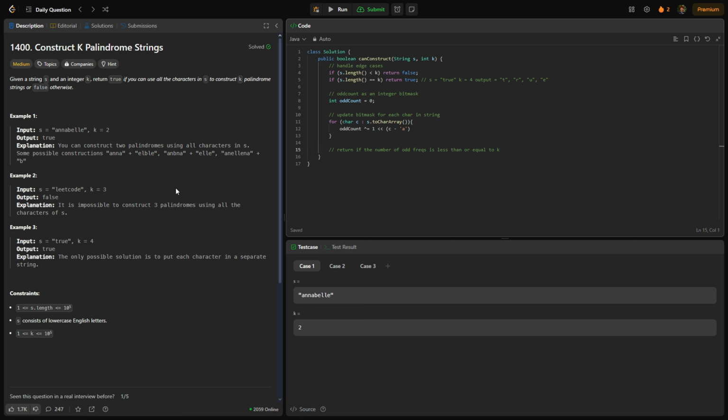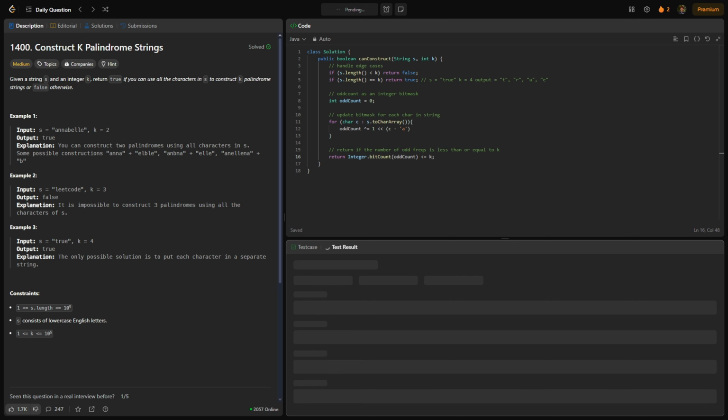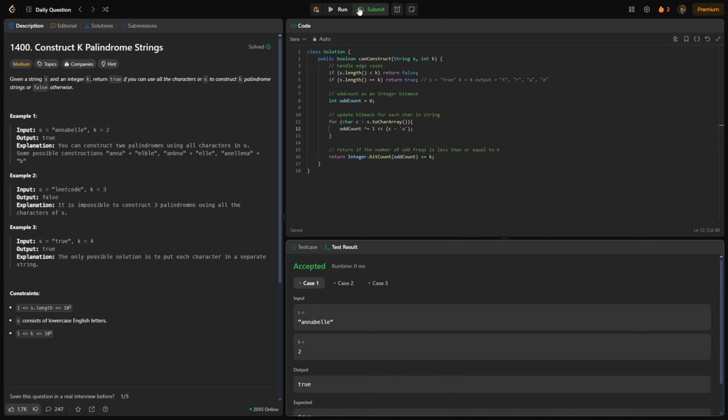So the last thing we have to do now is, we created our bit mask and updated it. All we have to do is return Integer.bitCount of the odd count. As long as it's less than or equal to k, we should be able to make a palindrome. So if we run this, it passes our test cases, and if we submit it,